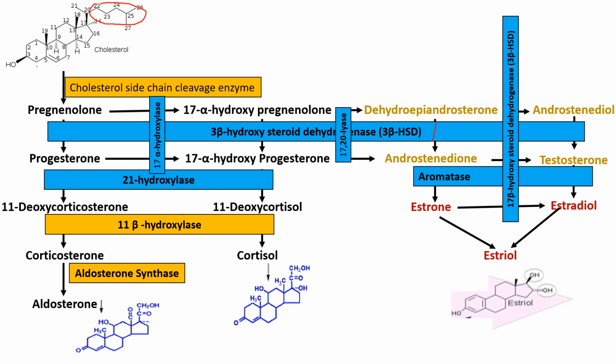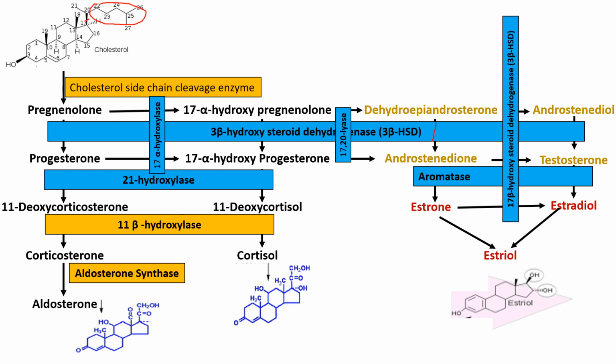adds the hydroxyl group. Here, this is the breakdown of the bond between the 17th and 20th carbon at this place. This is 17, this is 20. So this carbon will be removed at this stage, that is 17,20 lyase, and here 17 beta hydroxysteroid dehydrogenase. That is almost the same type of enzyme which is used at these four stages. So these are the different enzymes.